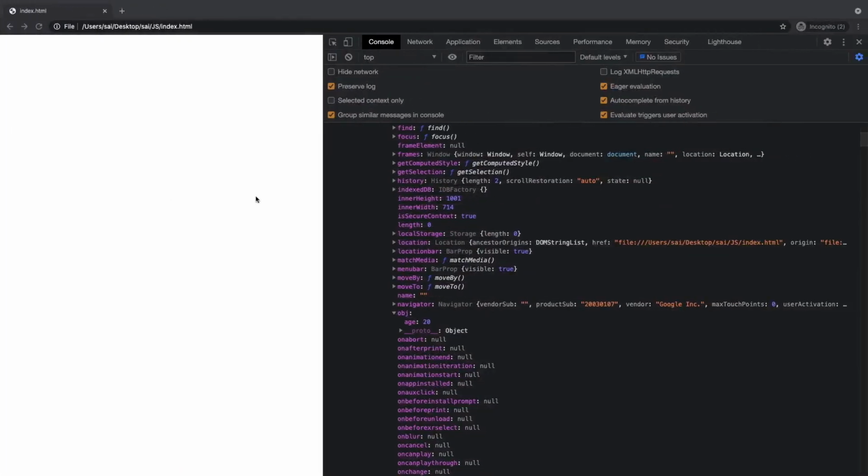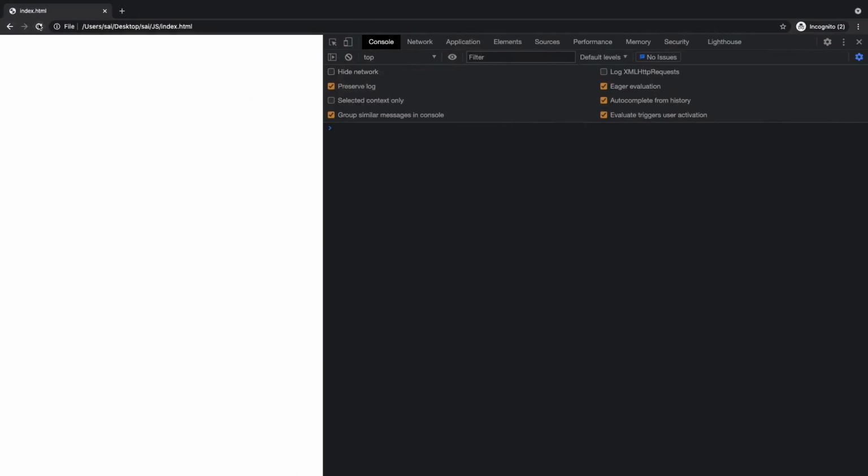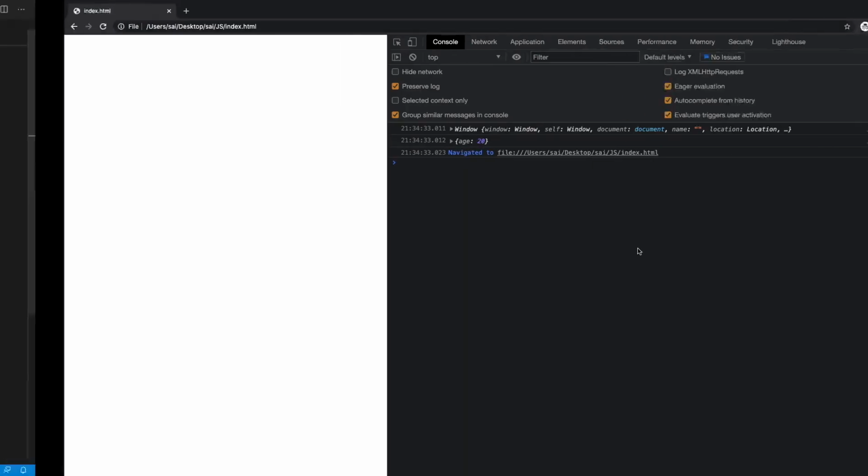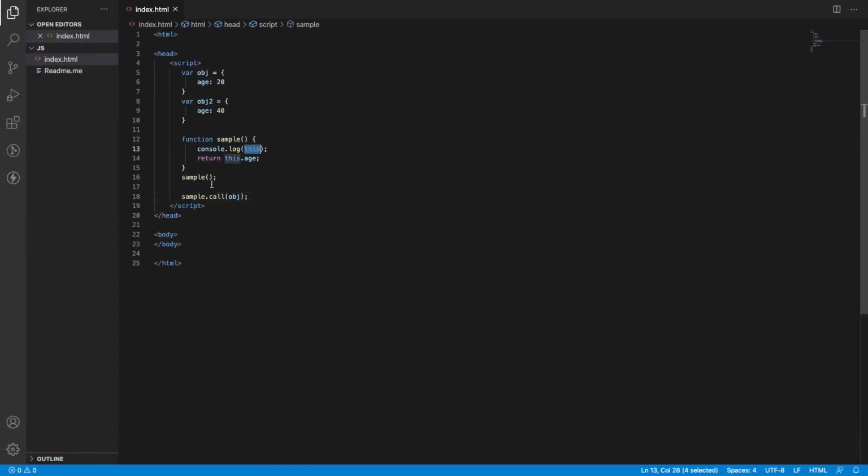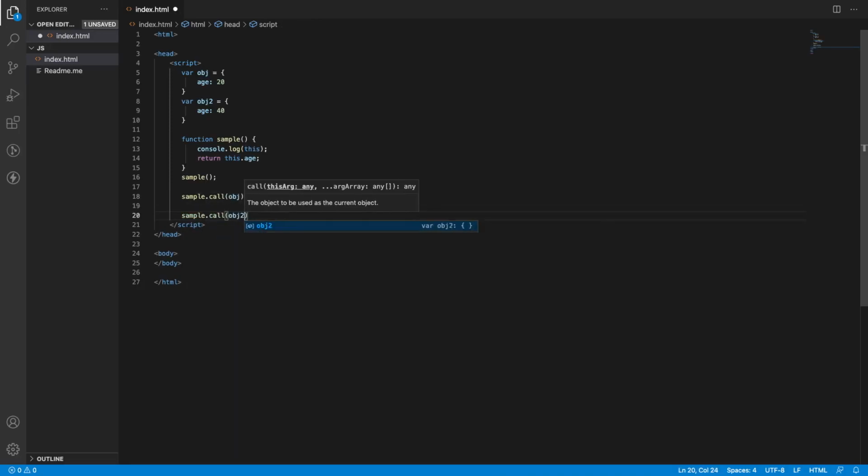Let me go back, reload the application, and see, here we are printing age 20. So I'm printing at line number 13. If you see line number 13, for the first time it printed the window object, whereas in the second one this keyword has been changed to the object context. Same function, I can use the same function with the call method with a different object.